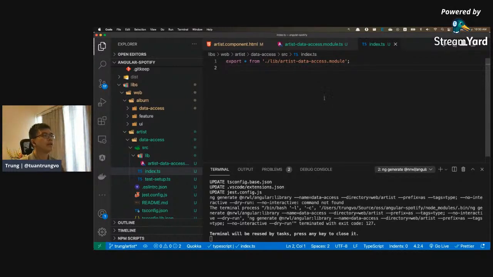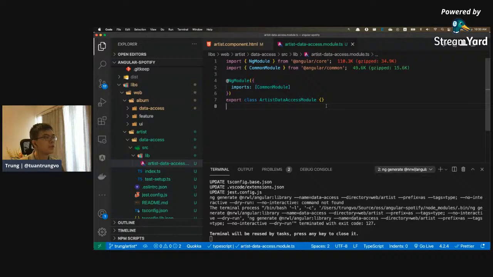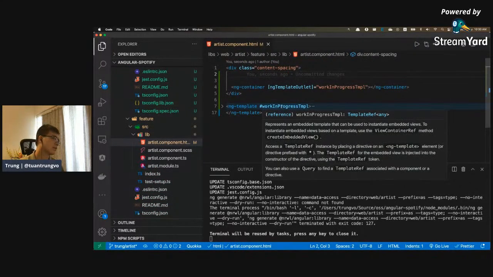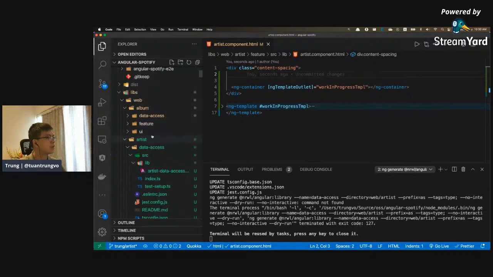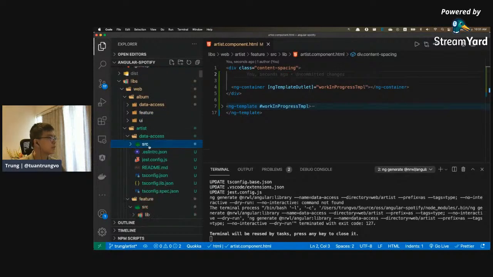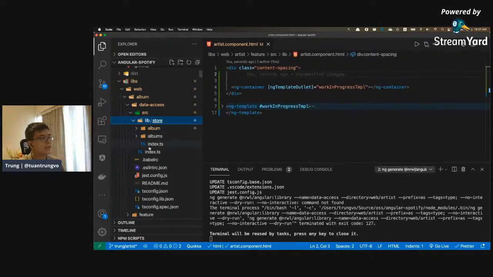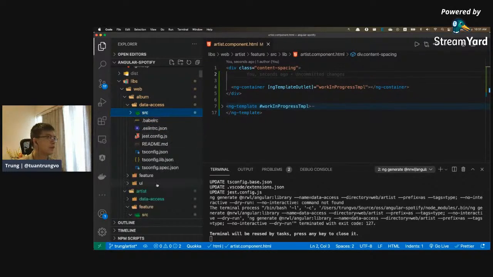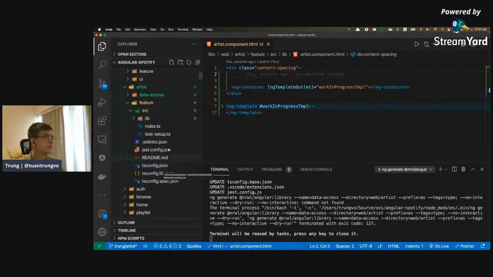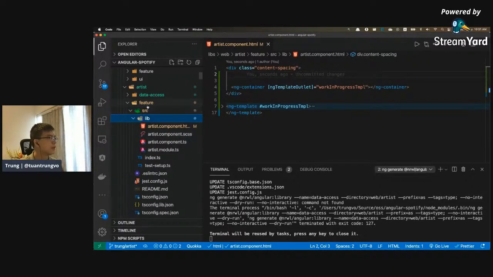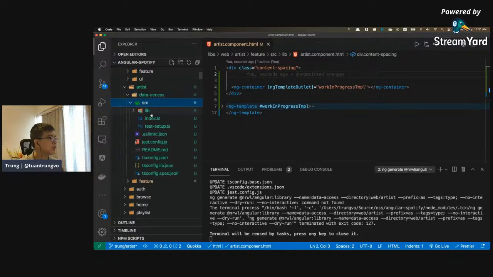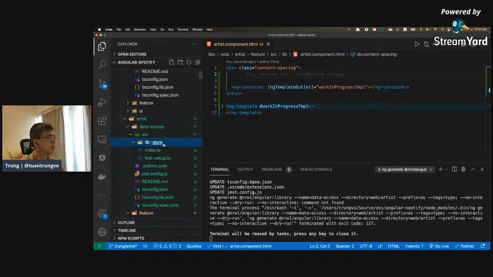So in the data access module, we don't really need anything for the module actually. It just needs to be something like, in the data set you just need some index file, and I think I forgot. So maybe it doesn't even need to be an Angular library, because it just needs to be a node library, and that's fine. But anyway, we created it anyway, so let's do it. Go back to the data set, just remove this thing. I think I just introduce something new to go install, and then inside the store I just do the